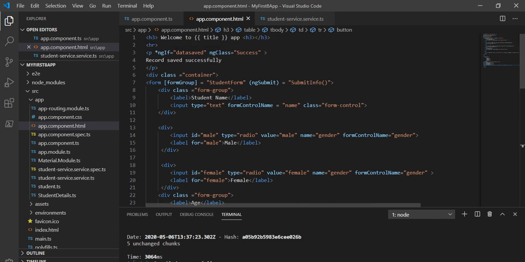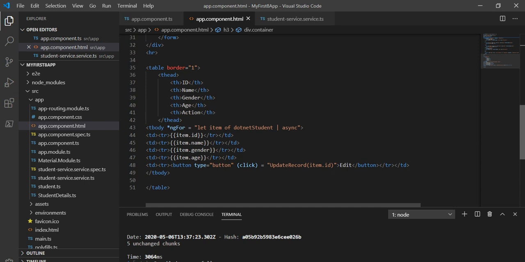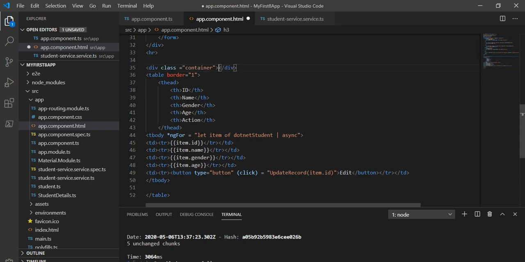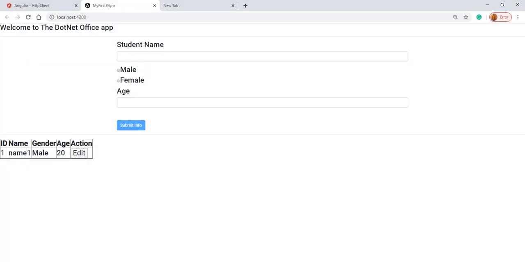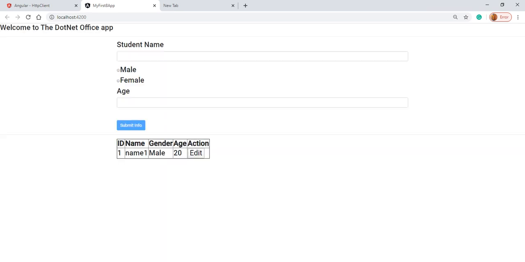I will copy this div and paste it here. Let's save it. It will take this full grid in the middle. So compiled successfully. Yeah, it is showing here.